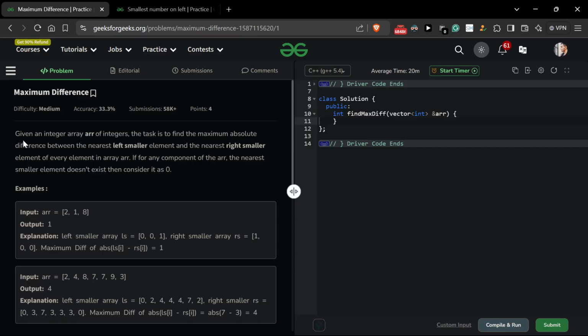Here we go. We have a question, maximum difference. Although its difficulty is medium, this is a pretty easy problem. You are given an integer array ARR. Our task is to find the maximum absolute difference between the nearest left smallest element and nearest right smallest element of